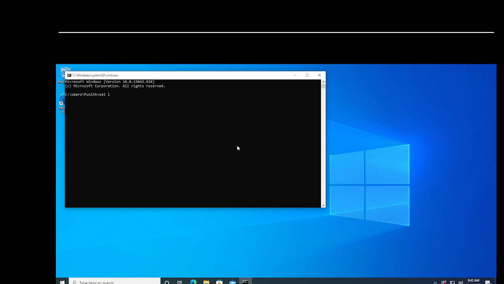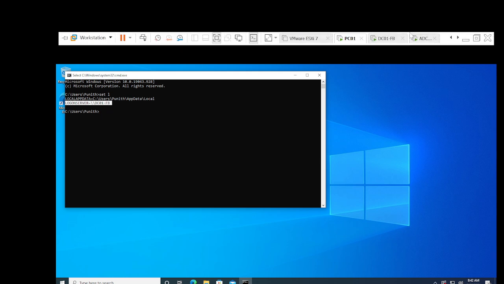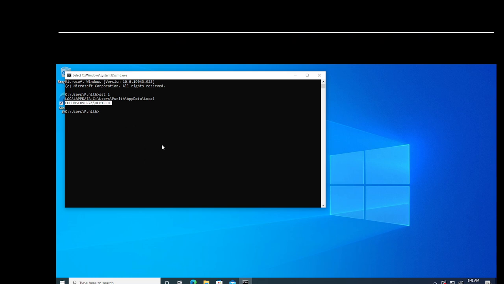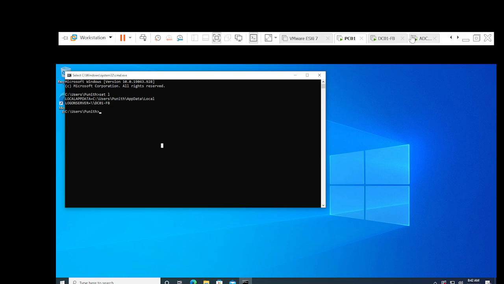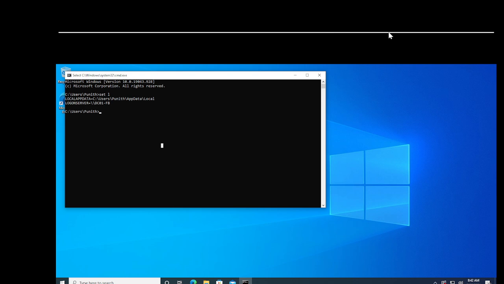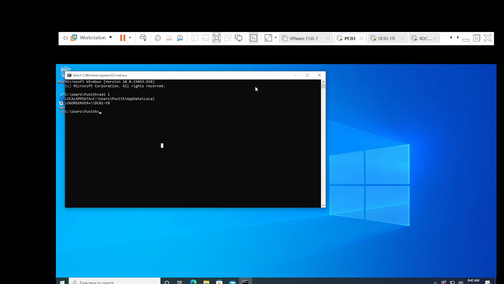Set space L. You see, it is telling I am getting the authentication. See, the logon server is DC01-FB. But out of two domain controllers, it may go to one domain controller, whichever is responding properly, it will just go there. Next time when the machine restarts, it may go to ADC01 also. It will go to any one domain controller. So let me shut this down or log off